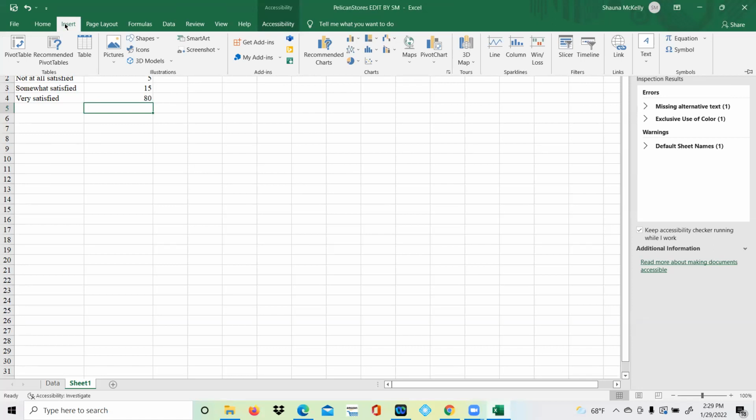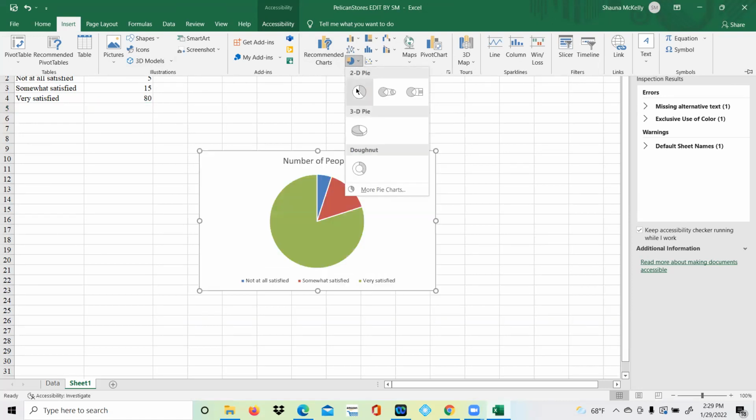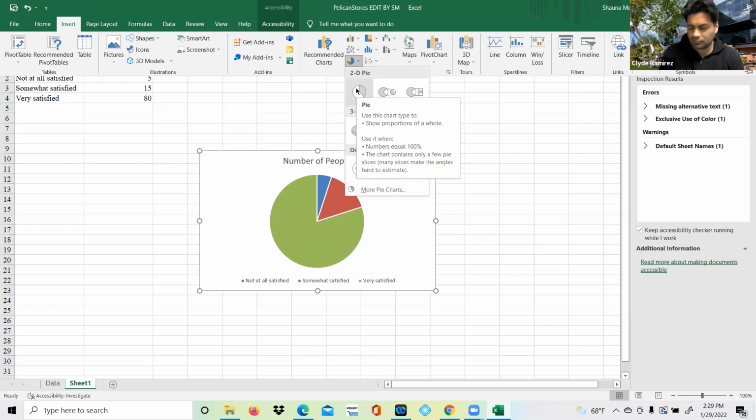And then there's different charts here. So if you want to do like a pie chart, you do the pie chart. You want to do a two-dimensional pie chart. Okay. And then, for example, now it'll create this,